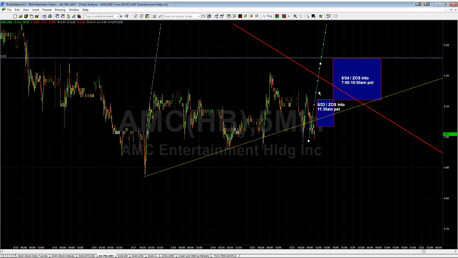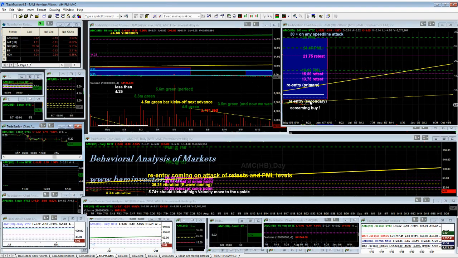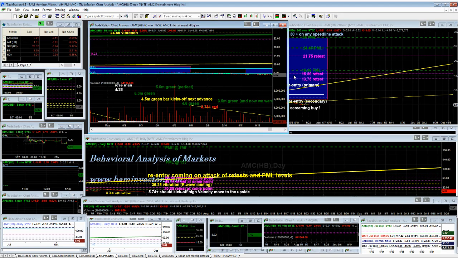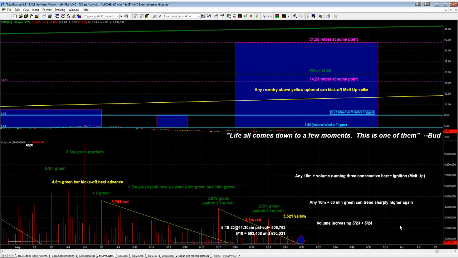So it's really important that we start to track. If we do start to track, we can re-enter this small degree expansion and also have some nice follow through here tomorrow. So that's what that looks like. I'm going to show you guys interesting volume characteristics here. We're rising exactly like we were hoping we would.